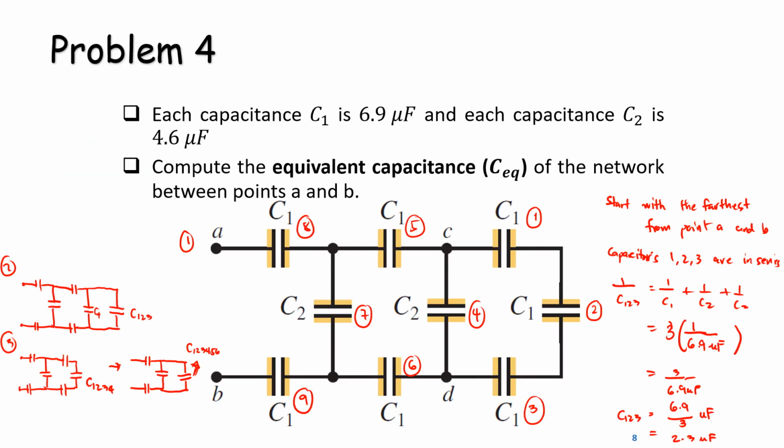So C123456 equals 6.9 microfarad. So you have this one. Now we can get the equivalent capacitance. So this is point A, this is point B. Okay. And then this is your